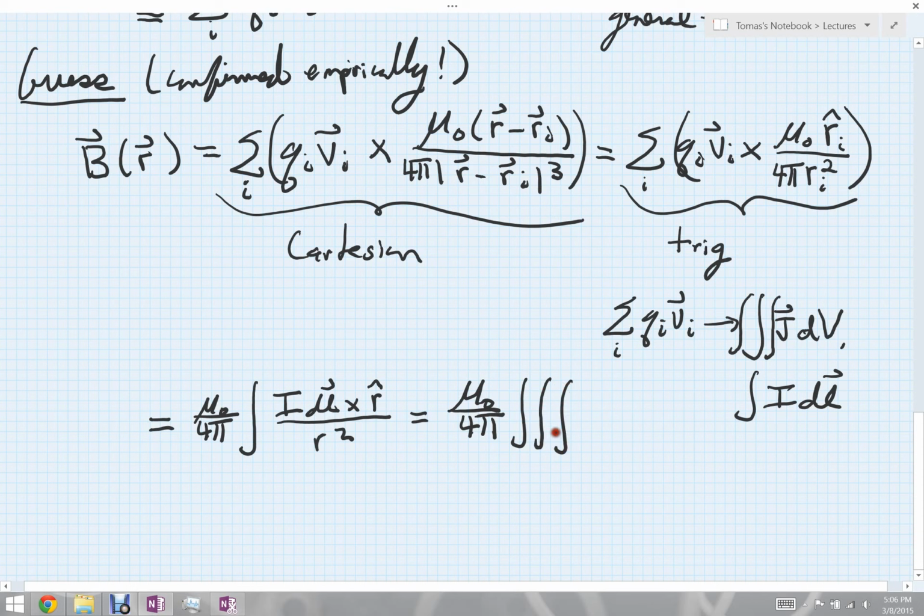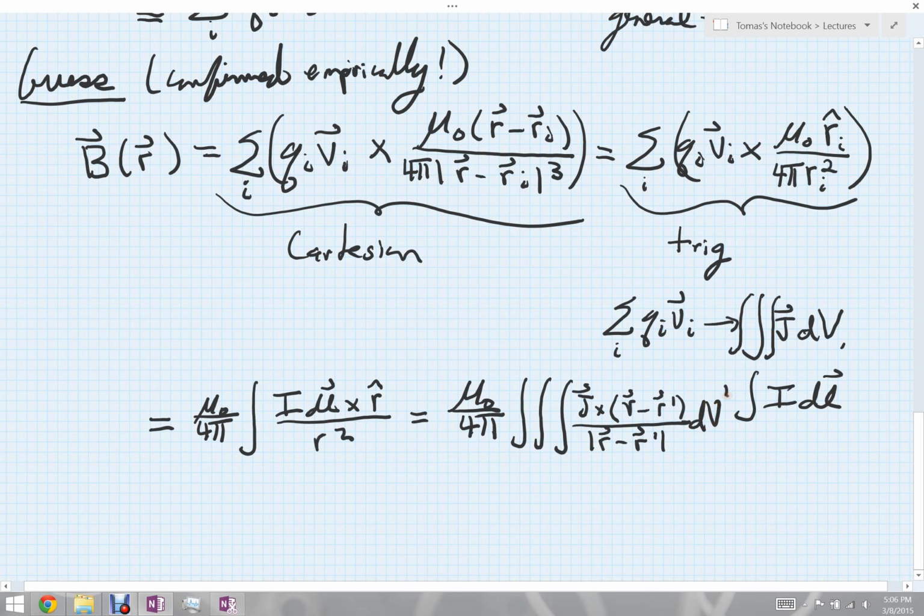Right? And then the QV becomes the j dV, and that gets cross product with my factors, which I factored out, and my then Cartesian form, which would give me something like j cross (r minus r prime). I'll be integrating over r prime divided by r minus r prime cubed